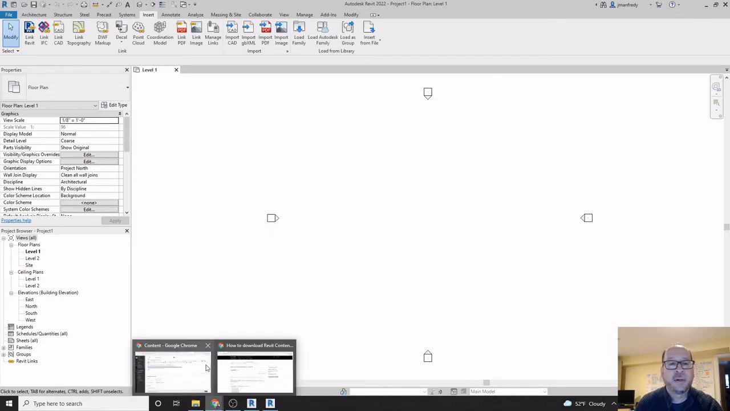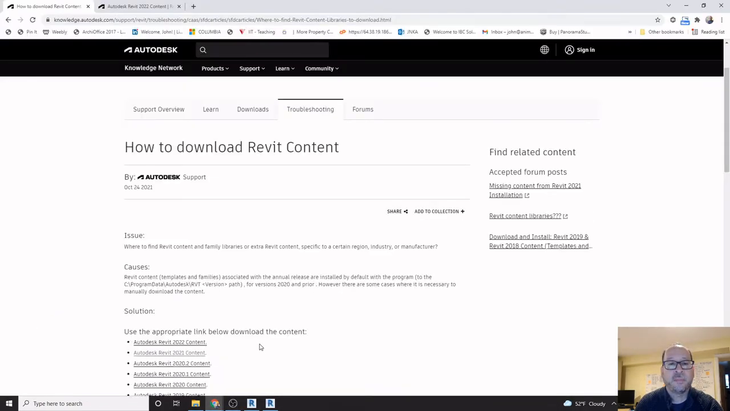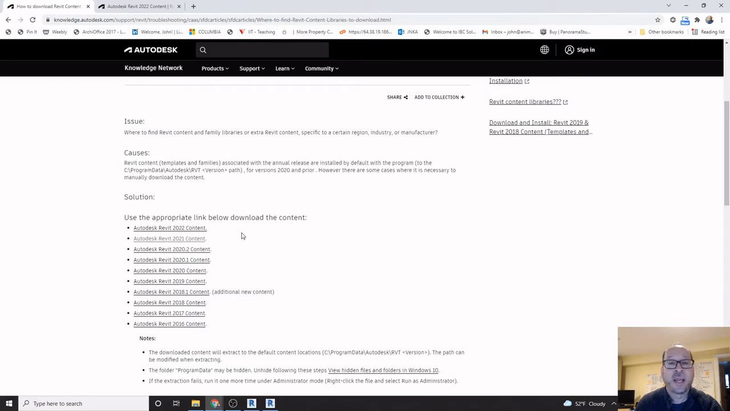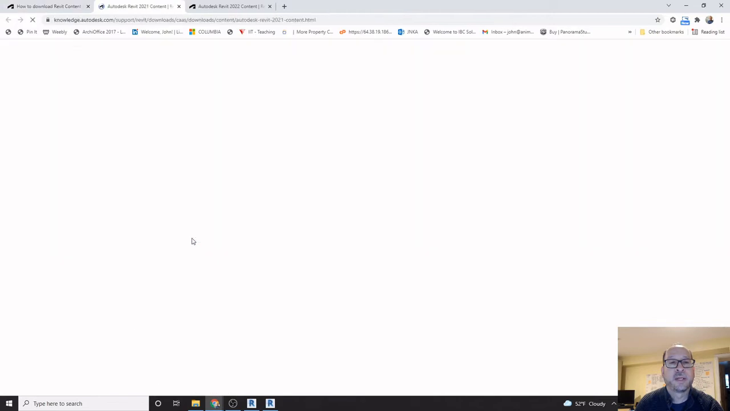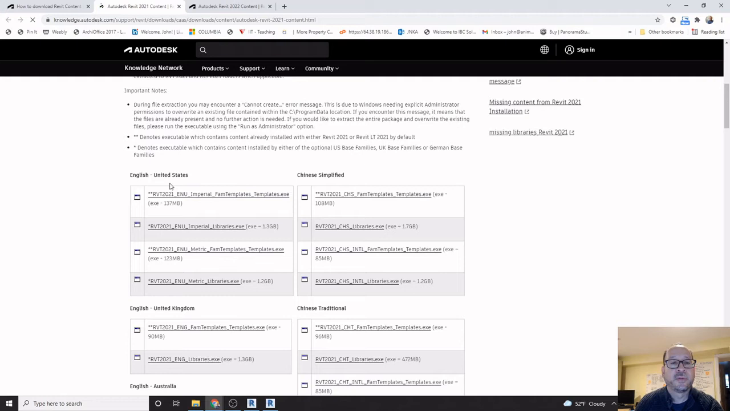So here I provided a couple of links. Here's a link to a directory that has all of the Revit content that's missing. Here they've got several versions of Revit, which I'm assuming means they've had this problem in the past. There've been some complaints, and so they provided links to missing content in various releases. Here's 2021. If I click on that, you're going to look for English United States,